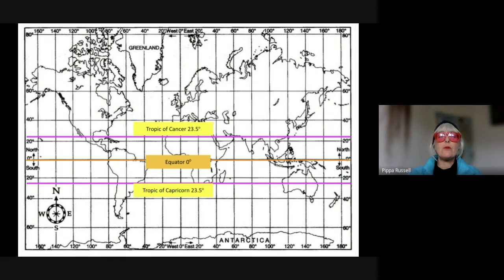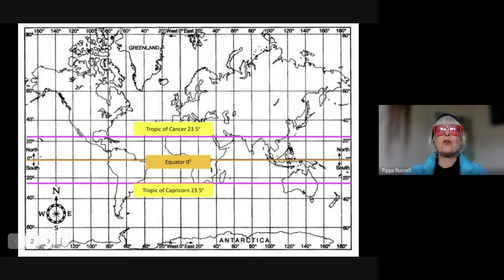Now, the way to remember which one is which is Cancer has an N in it, so N is for north. That's the way that I remember. I just know Cancer is in the north because it has an N in it, so that's a good way to remember. Now, what's really interesting is anywhere between the equator and these lines, these tropic lines, you only have